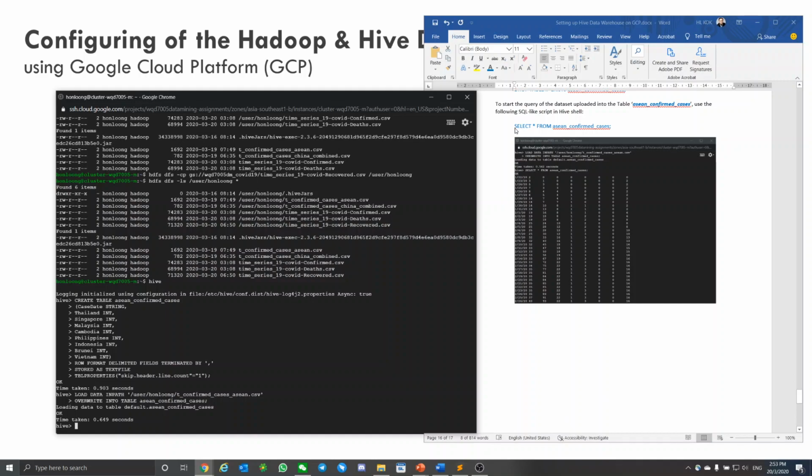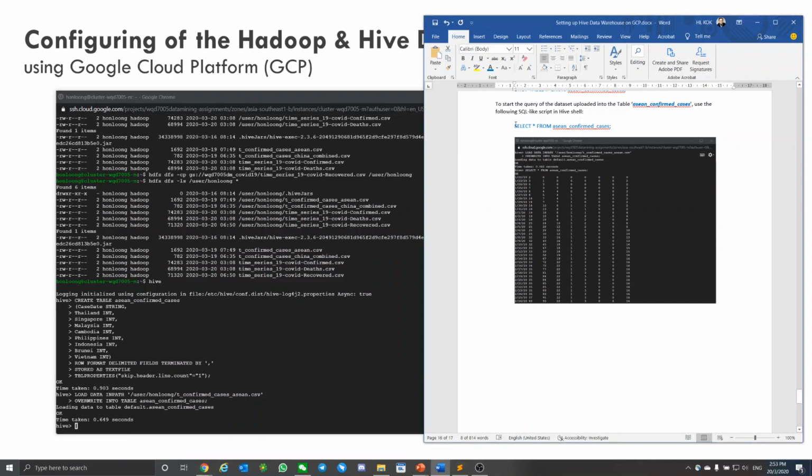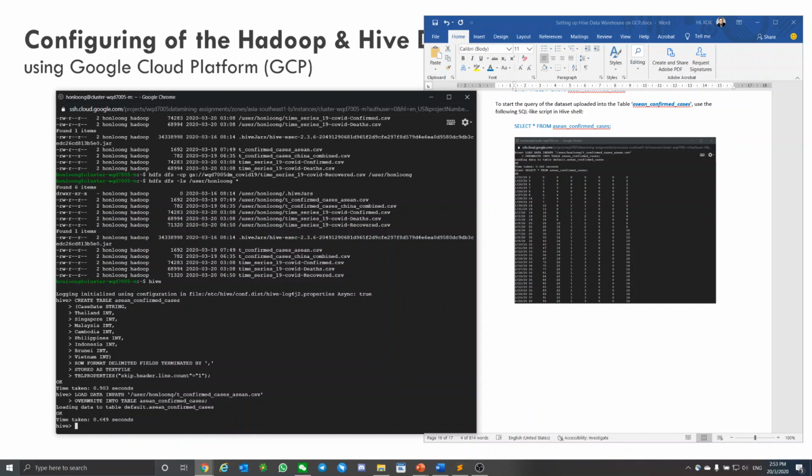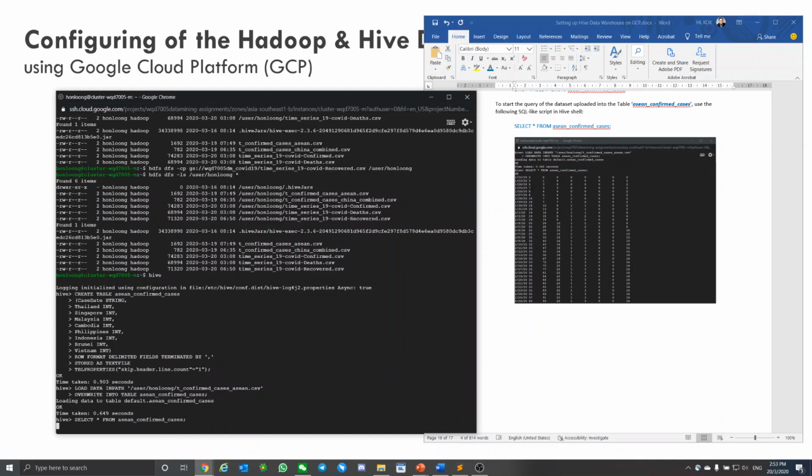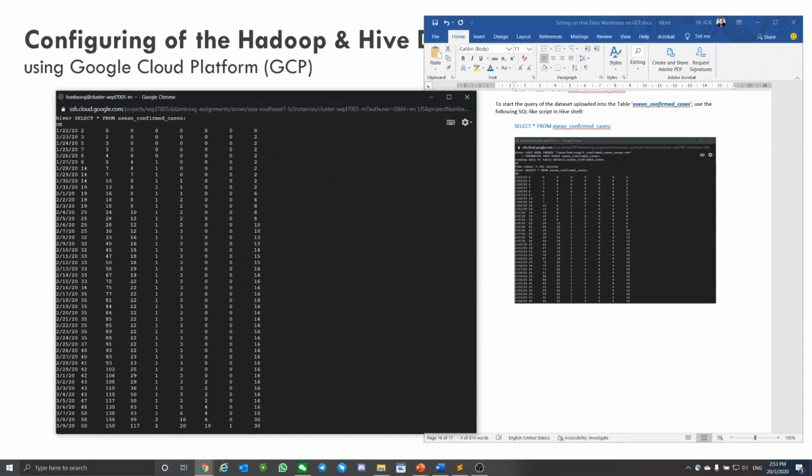Let's start with the simplest method of how we're going to do our query, which is actually just select star, which we normally would do as the first step. And when I key in this statement, as you can see from the screen itself, it shows that the data we've acquired is now being loaded into the table. And this is where we can start using our Hive SQL-like script to do some further analysis